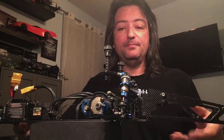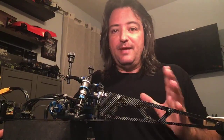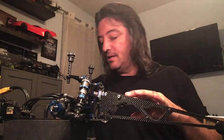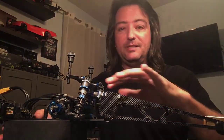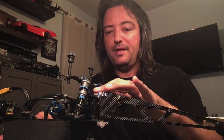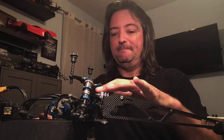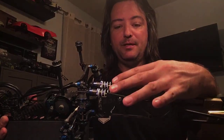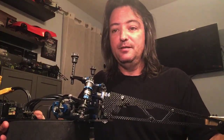Let's see, wheelie bar. So this is the Vanishing Point wheelie bar, made for this car. It's made for an Associated car. I put 60 weight oil in the bar. I know Troy runs thicker oil than that, and Kelly. I start out pretty soft, and this is the spring that it comes with. I think it's a 14-pound spring. This wheelie bar feels really good with two 14-pound springs. It gets tight quick,